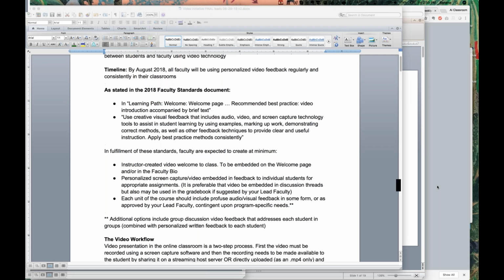Before we wrap up, there are still a few questions that need to be answered. I understand that some people might need to leave at the top of the hour, and I just want to say a couple of things before we leave. One is your sandbox should still be accessible to you. And that's a great place to experiment if you're nervous about experimenting in the classroom. So creating a file with assignment tips, trying out video note, embedding videos, you can do all of that in your sandbox.